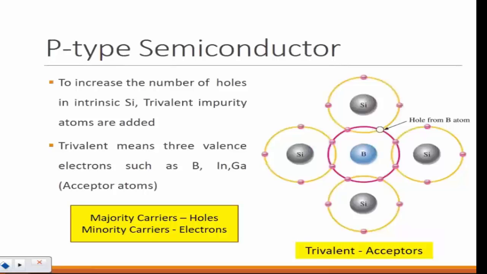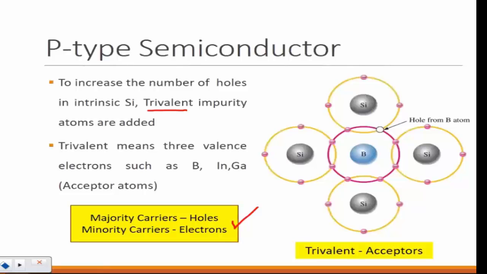But for P-type, remember, P-type means they are very rich in holes. That's why the majority is holes, minority is the electron. But what materials do I need? It's a trivalent. So what does tri mean? 3. So whatever the material you are choosing,